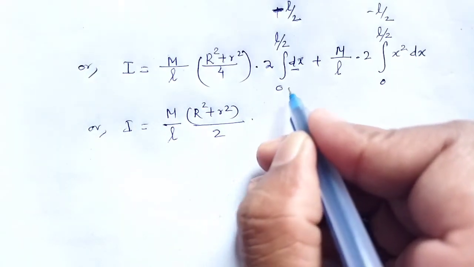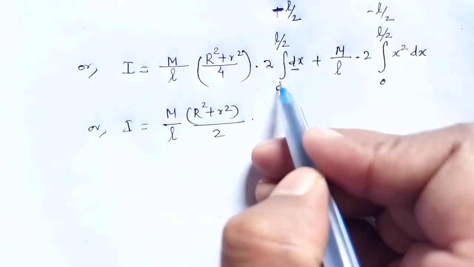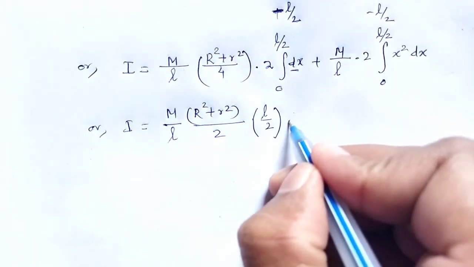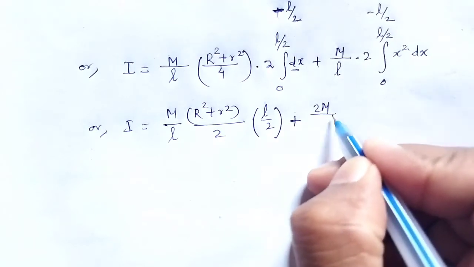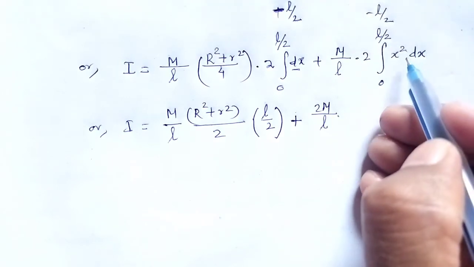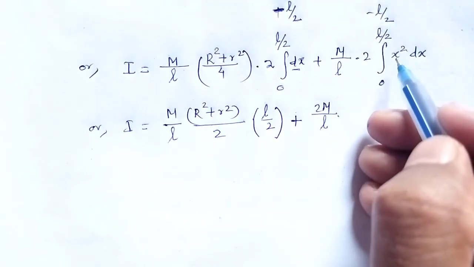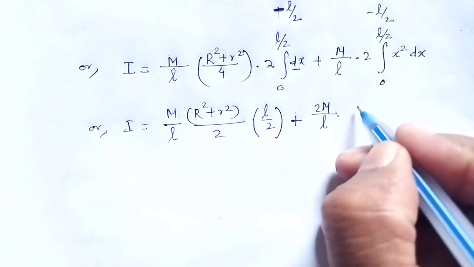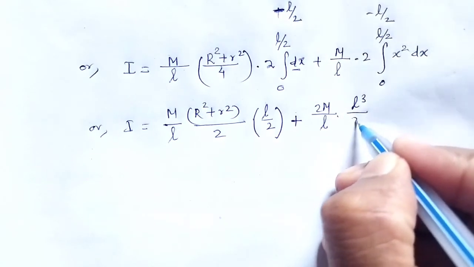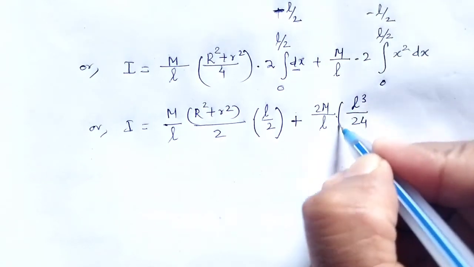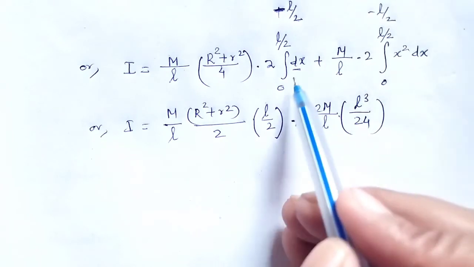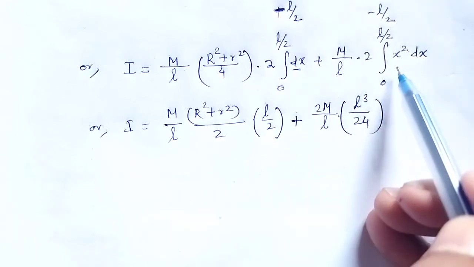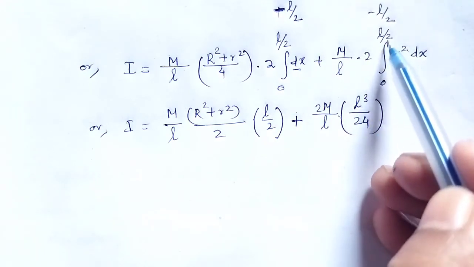The integration of dx is x, and using the limit L by 2, plus 2m by L into, using x cube by 3 and the limit, we find L cube by 24. This integral will be x cube by 3 using the limit L by 2,